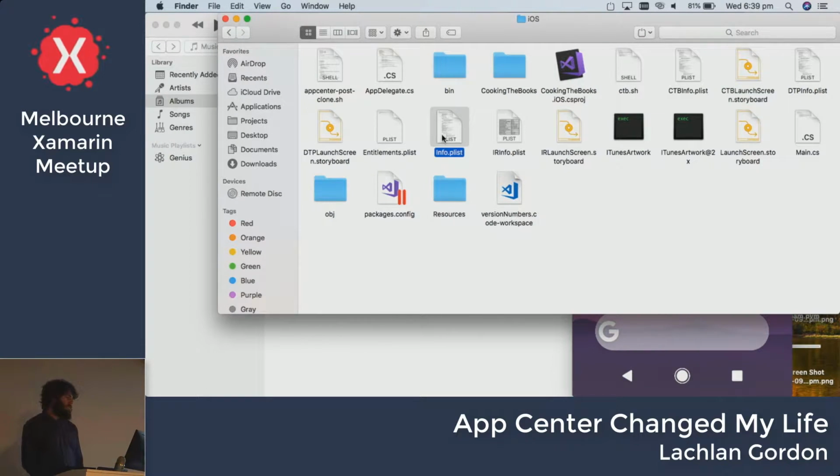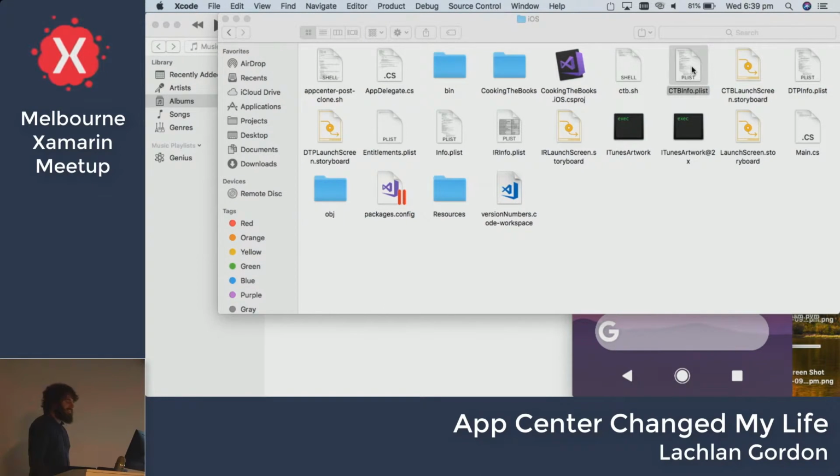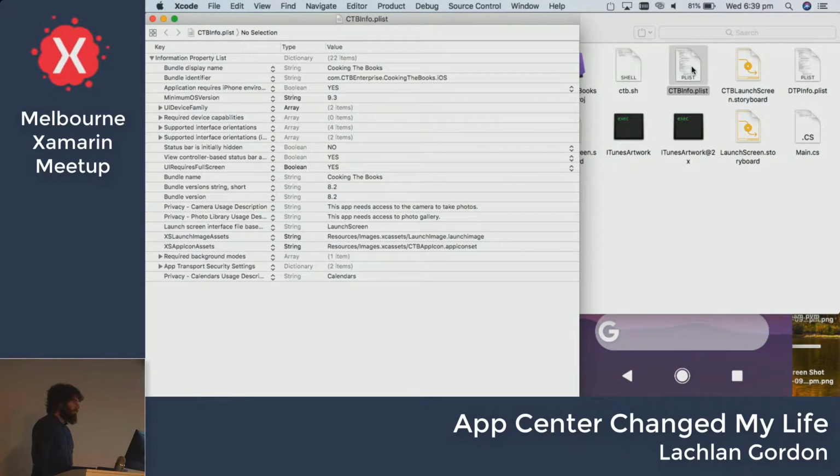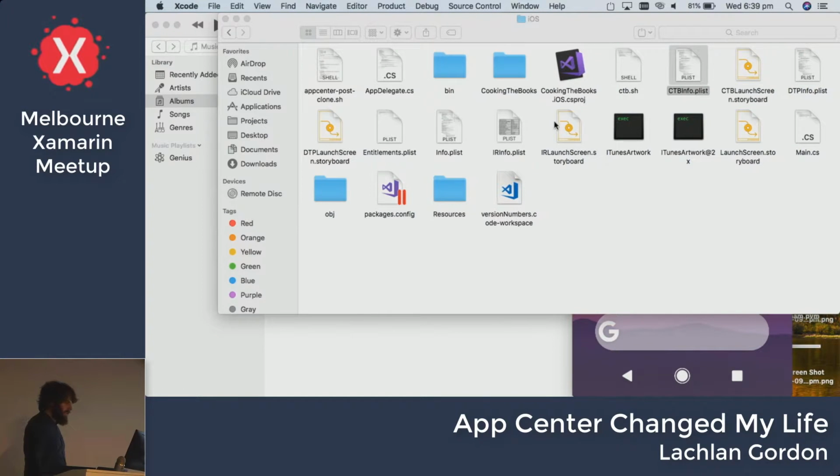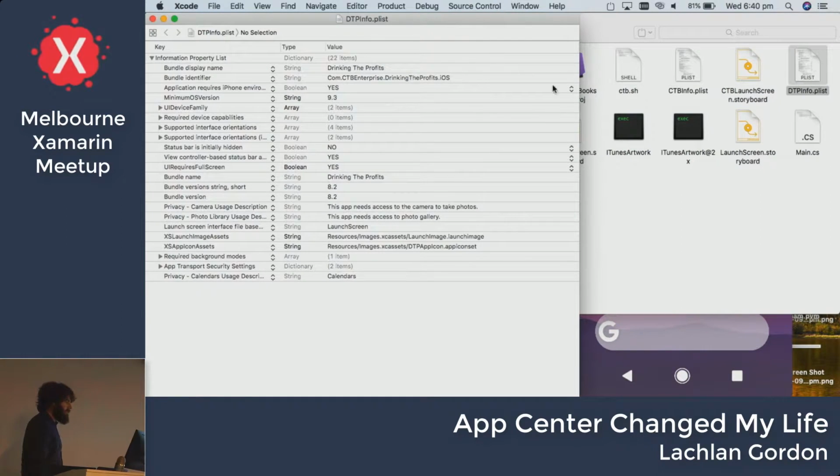But then when it builds, it replaces that with this ctb info.plist, but gives it the name info.plist. And inside there, bundle display name, Cooking the Books. It's got the bundle identifier, all those things that are necessary to get it into the App Store looking like it is that app. And then the Drinking the Profits info.plist, a different bundle,